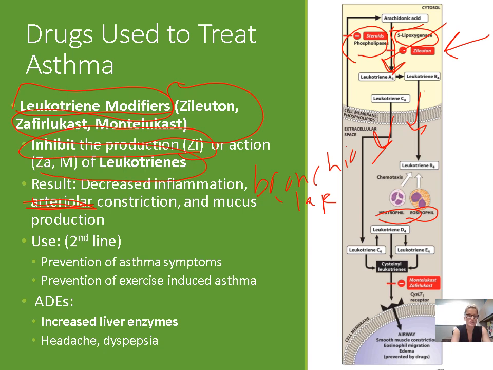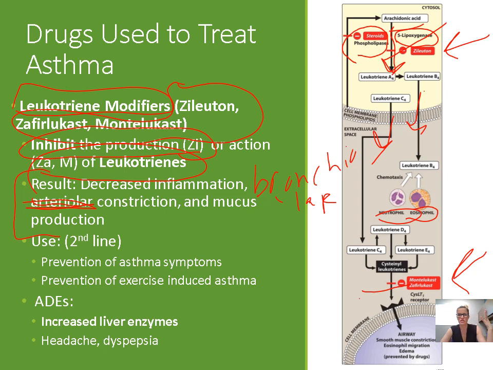Zafirlukast and montelukast work by blocking the action of leukotrienes. You can see them down here, right, blocking the binding of the leukotrienes. So again, the result here is that we prevent all of that increase in inflammation, we prevent the constriction, we prevent the mucus production. This all sounds great, but these are not as effective as inhaled corticosteroids are at preventing